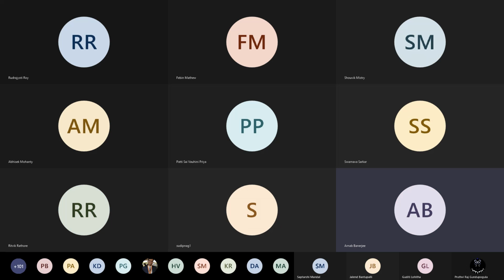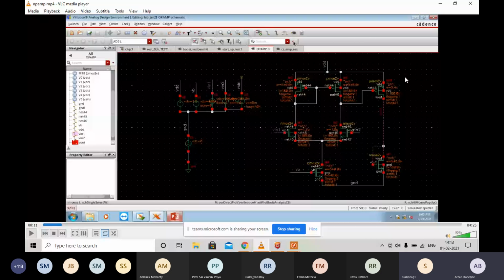And a common source amplifier is the second stage. So in order to bias the differential amplifier, we bias the tail current source. So this NMOS, I am biasing using a DC voltage source. Vin1 and Vin2 are the two inputs, and there is a sine input just to check the transient response.